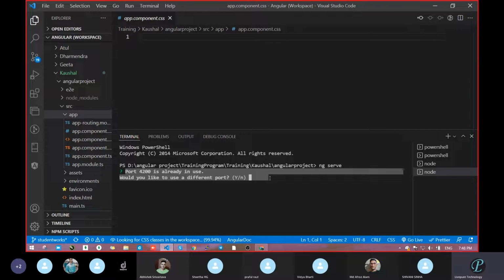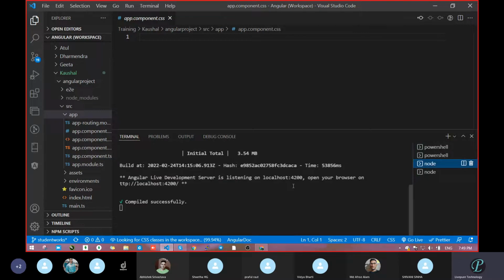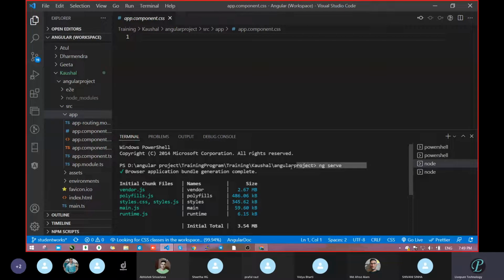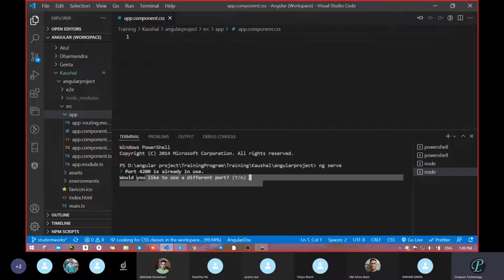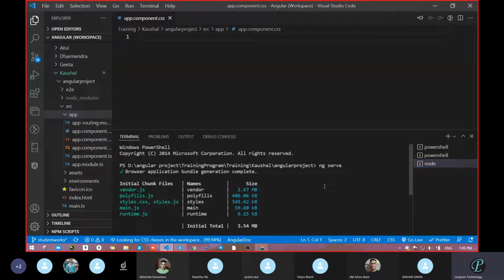So what I told you is, if you run ng serve in one terminal, then it will not run the same command in another terminal. It means it is already running somewhere. So let's check. See here, compiled successfully and the command is already running here. Correct or not? That's why it gave an error. Are you sure you want to use a different port? If you want to use a different port, you can go with that, but I do not want to. Later we will learn how we can change the port.